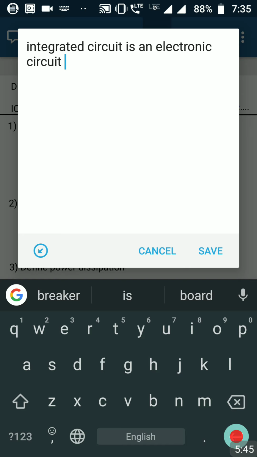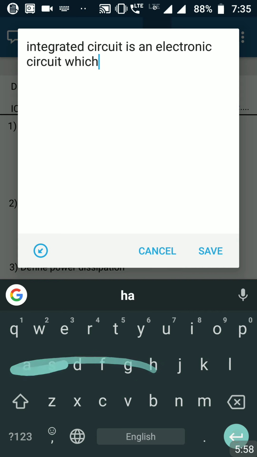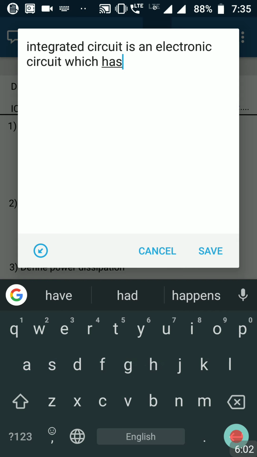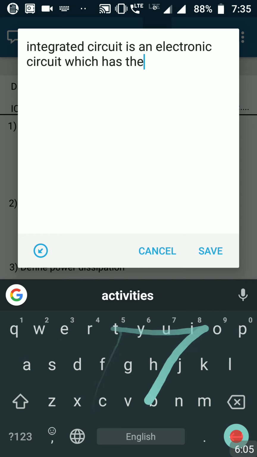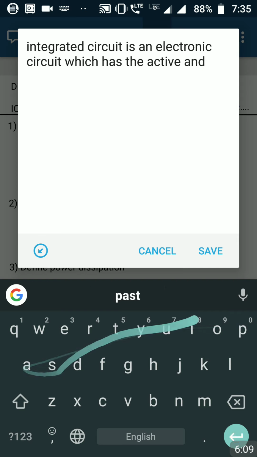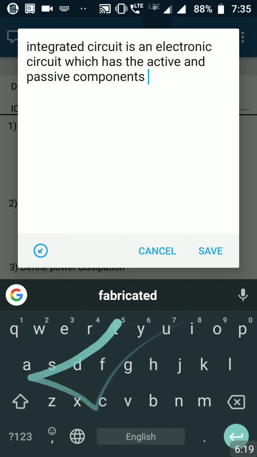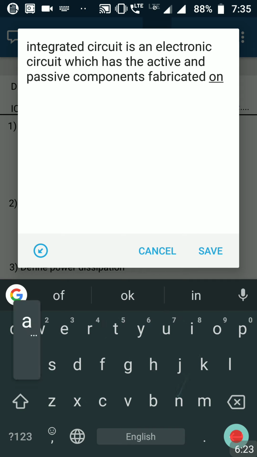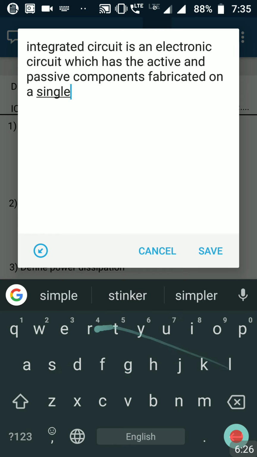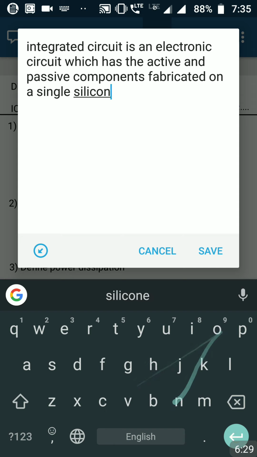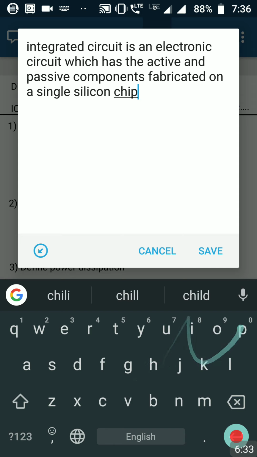Integrated circuit is an electronic circuit which has, I'm going to just drag on all the letters, which has the active and passive components fabricated on a single silicon chip.